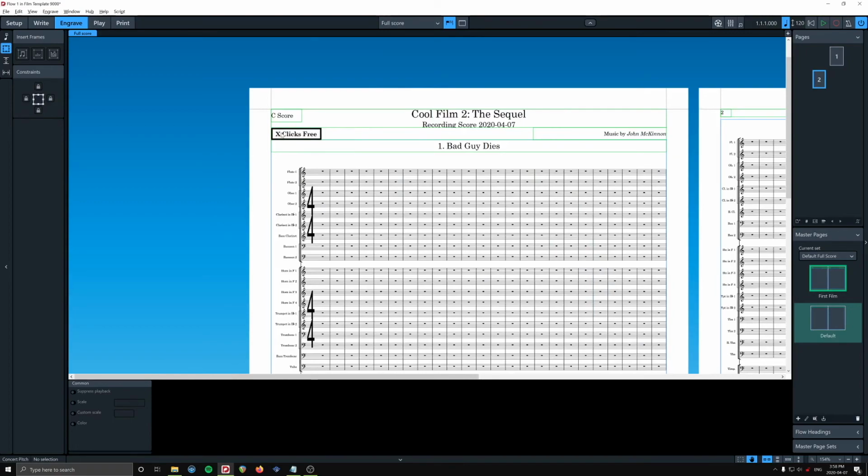Okay, looks good. Now watch what happens, and this will happen every time you make a change to something that is in a master page. So I'm going to change this to 4. And now we get this little warning flag called a master page override. So you've done something that is not on the master page. You've changed something. That will happen if you change the title manually. Generally speaking, the way Dorico behaves, you want to make changes like this inside a master page, not to the page itself. It's just, I don't know, just one of those things. Okay,